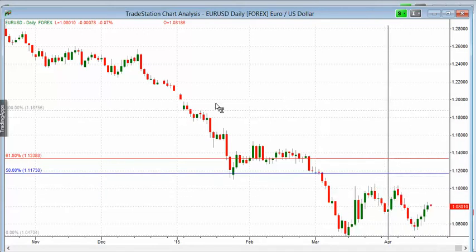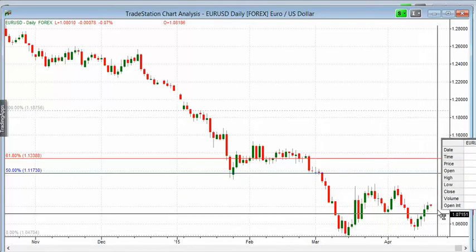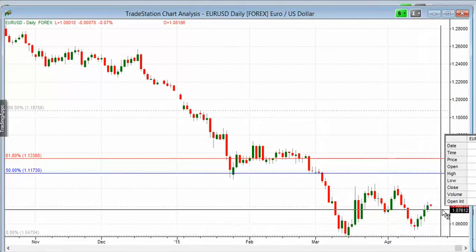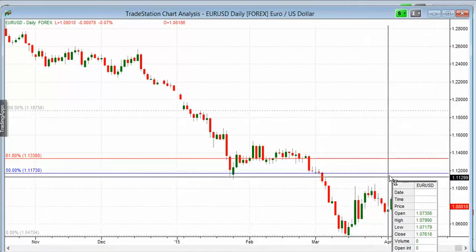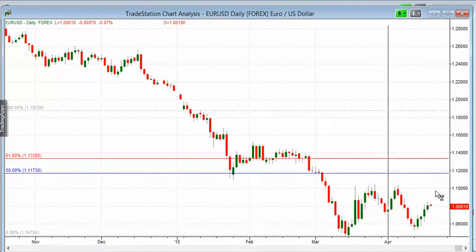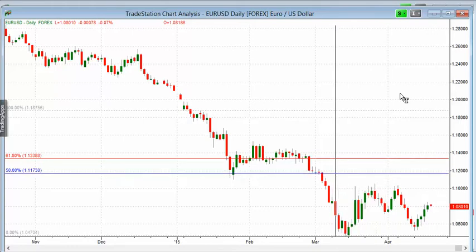By the way, if you didn't see my videos, it's because I was on holiday back in Italy for a couple of weeks around Easter, but you will remember that I mentioned this level in the past. The reason why I mentioned this level is that this is the level where we can anticipate participation on the downside